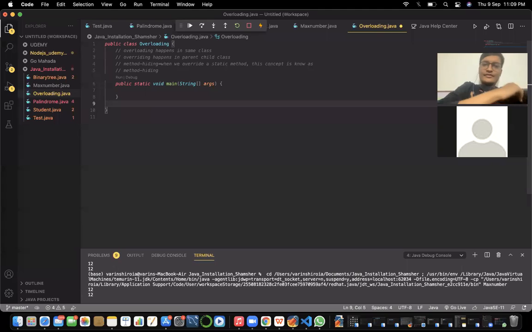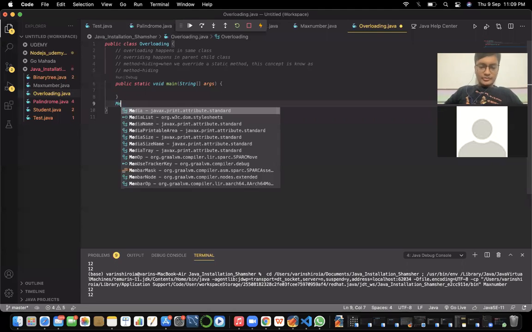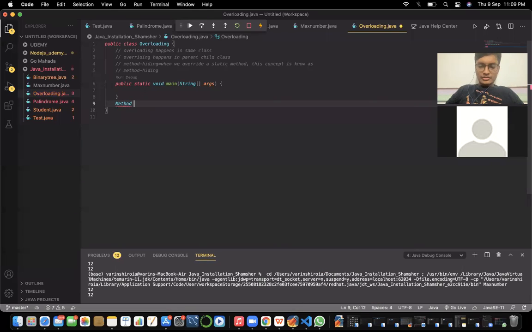Right. So let us start with method overloading. Let us consider we need to do addition of a few numbers, and we want to create ready-made methods for those calculations. So if I want to create addition of two numbers and addition of three numbers,